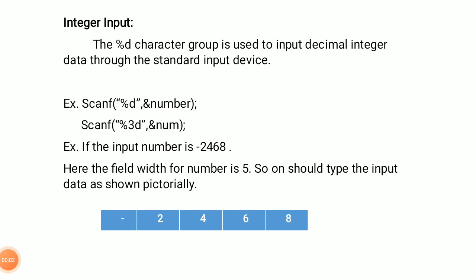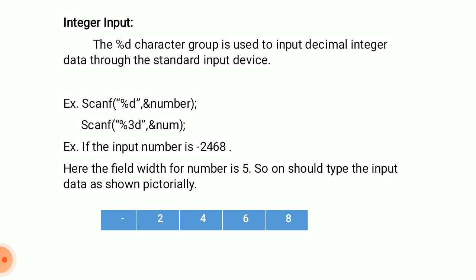Hello everyone. In the last video we discussed the input output functions, that is, the types of input output functions are formatted and unformatted. Formatted input output functions are scanf and printf. There you have to specify the type of data which you are going to read. And unformatted input output functions are getchar, putchar, gets, puts. These we have already discussed in the last video.